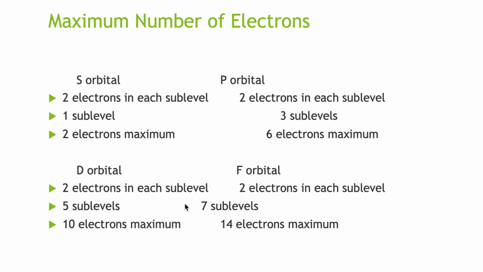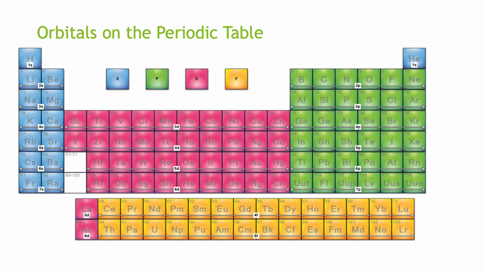We're not going to draw the d and f, but you could probably see the pattern here. 2 electrons in each sublevel, 5 sublevels, so there'd be 5 drawings, 10 electrons maximum. And then f orbital, 2 electrons in each sublevel, 7 sublevels, so 14 electrons maximum. So if we go back to this periodic table, we could see